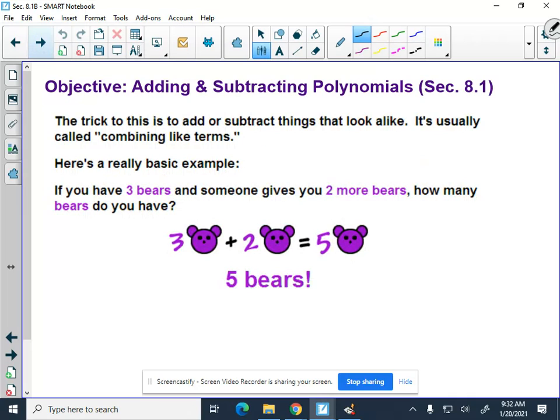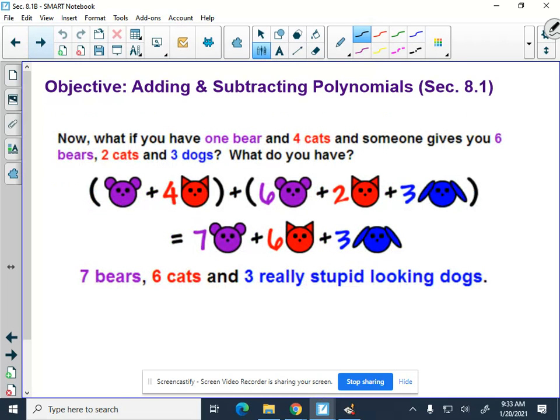To add like terms, the trick is you want to add or subtract things that are alike. If you have 3 bears and somebody gives you 2 more bears, it's pretty simple. How many bears do you have in your zoo? 5 bears, right? Because they're animals of the same kind. But if I have 1 bear and 4 cats, and I add 6 bears, 2 cats, and 3 dogs,